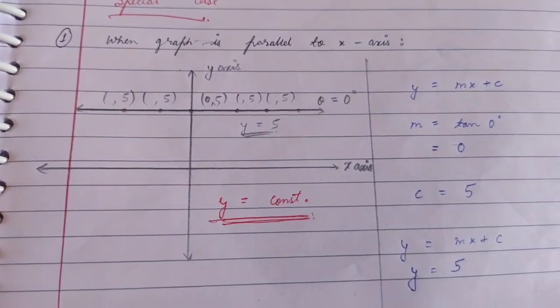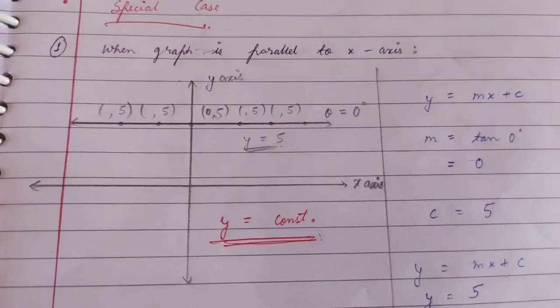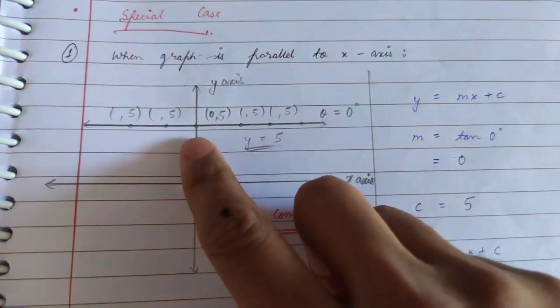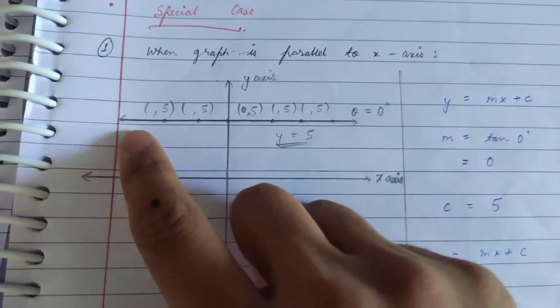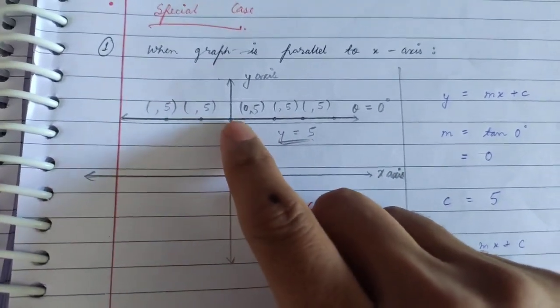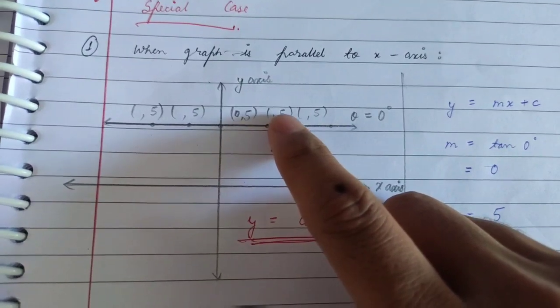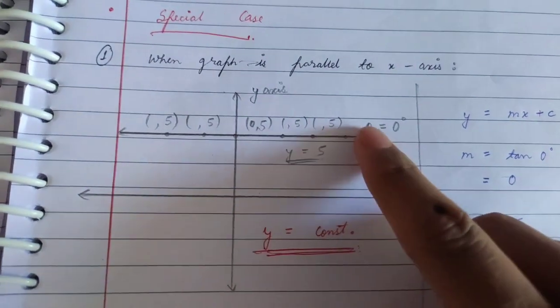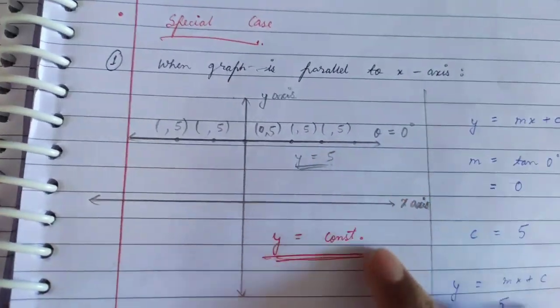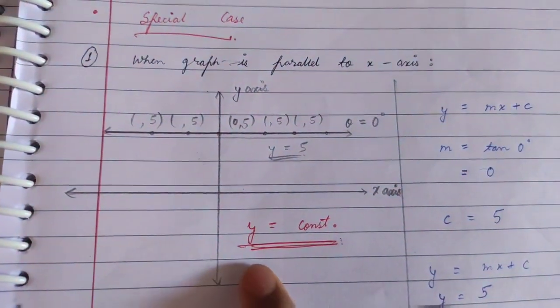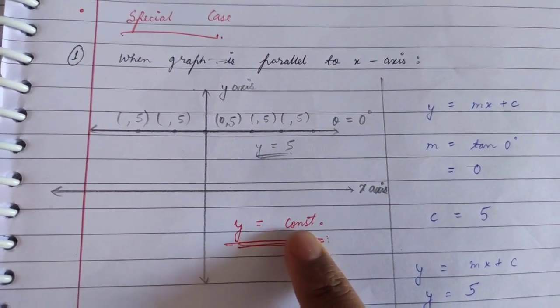See, the first special case is when the graph is parallel to the x axis. Let us consider that it is at the point 0 comma 5. So the graph will be like this. At each point there is some value of x and the y value is always 5. Now theta will be 0 degrees. So y here is equal to 5, or we can also write it as y is equal to constant,